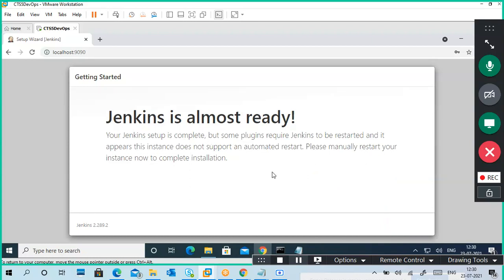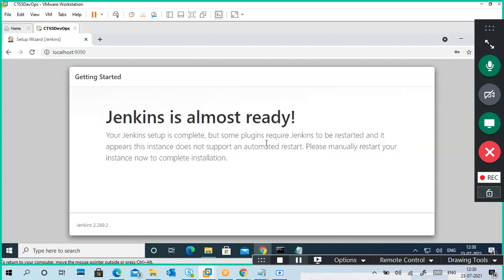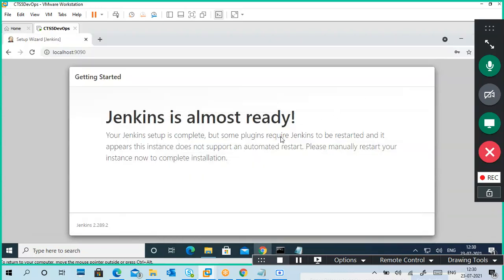Jenkins is almost ready. Okay, manually you have to restart Jenkins setup, but some plugins are required. So we have to wait till something changes. Nothing, no job pending here.